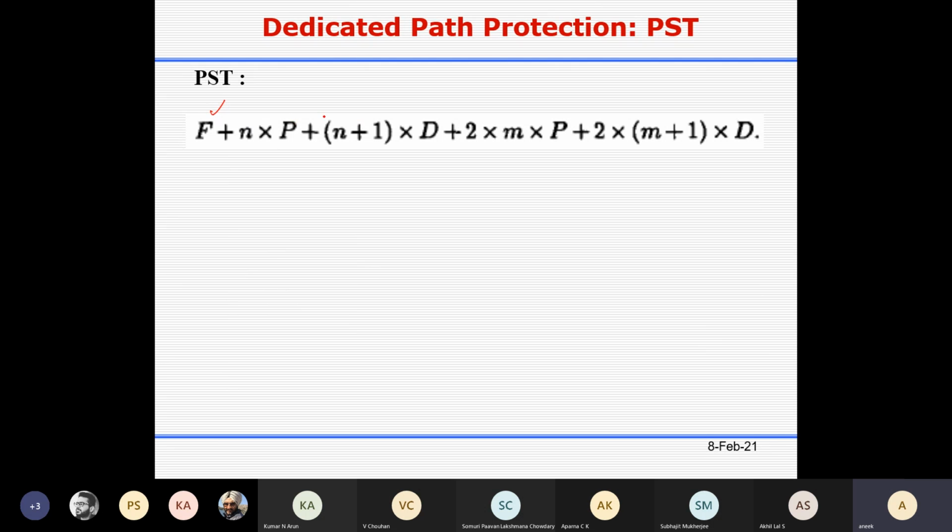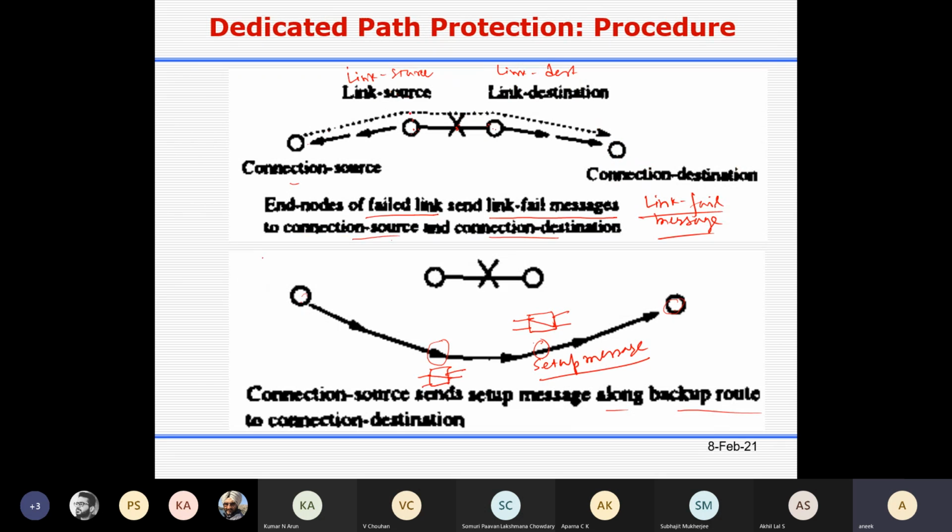Then it's a dedicated path protection. So the control message should be sent to the source node of the connection, and the number of hops is n. After it is detected, from this node to the connection source node, this distance is n hops. Like here in this picture it is 1 hop, but let's say there is another intermediate node.